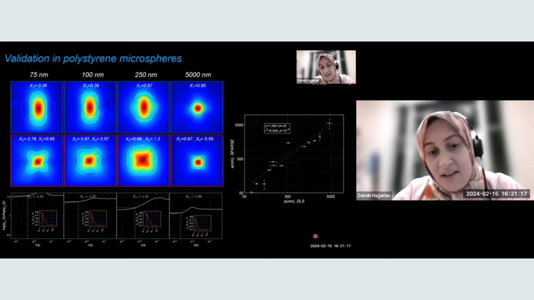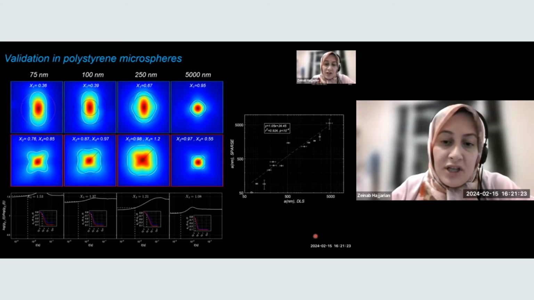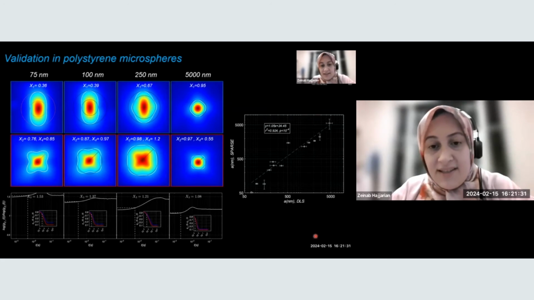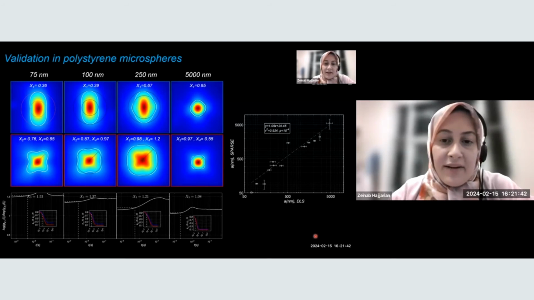So basically it has a significant strong correlation with DLS measurement, a very small offset in the order of 24 nanometers, showing that we are able to estimate the particle size in a relatively wide range between a few tens of nanometers to a few microns. This is the same range as standard dynamic light scattering instruments offer. So we were pretty happy with the way that we managed to extract the average size of scattering particles from